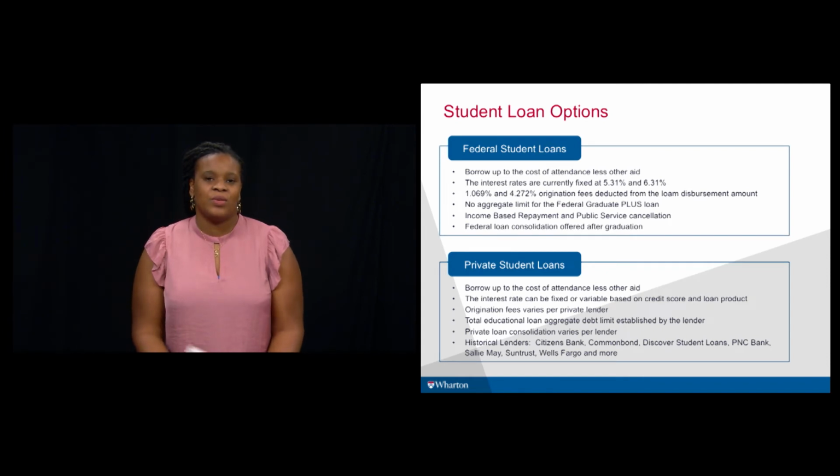So right now I'll talk about student loan options. There are many student loan options, and I guess now is the best time to attend school because interest rates are really, really good on private loans. But we have many students who are interested in federal loans, which offer really good benefits as far as fixed interest rates. You can borrow up to the cost of attendance. If you're coming from a non-traditional background and you haven't had a chance to earn a lot of income, federal loans give you that flexibility and allow you to really take advantage of the school,